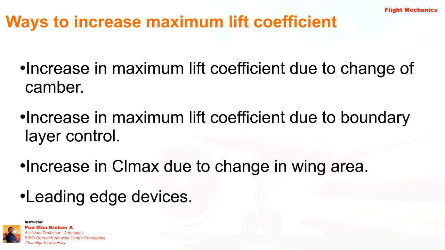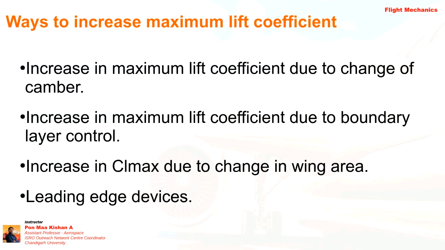If an aircraft has a 15 degree stall angle, and we make some changes in the design, either in the design of the wing, or by adding some secondary control surfaces, and we increase the stall angle, instead of 15 degrees, we make it 20 degrees. So of course that is a performance parameter. We have attained a better performance. If we increase the stall angle itself, that means we have attained an increase in performance. Okay, so there are different ways to increase the maximum lift.